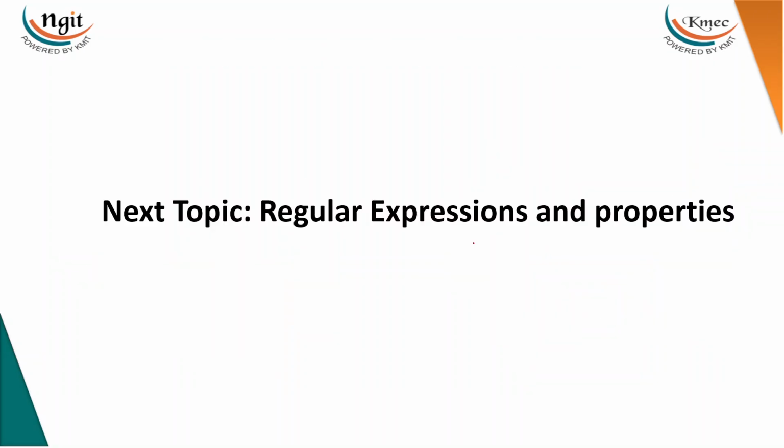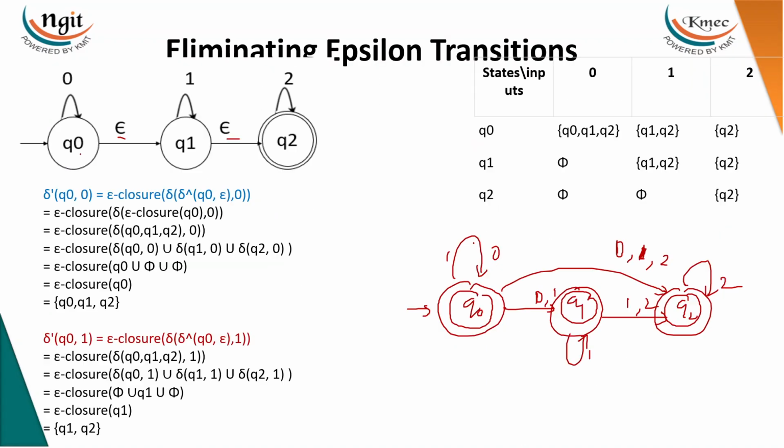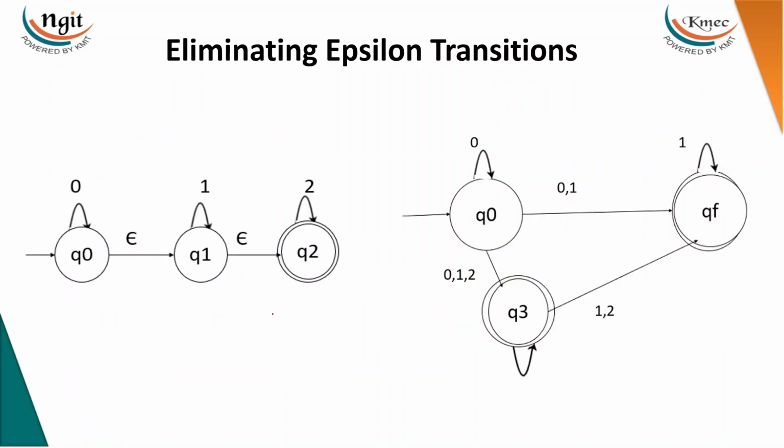So in the next video, we'll discuss regular expressions and properties, right? Guys, here you have to write all the 9 transitions. I just explained only 1 or 2, but in the exam you are supposed to write all 9 in this way, not the way how we have done it. I mean to say that, like how I wrote epsilon closure something, right? Not